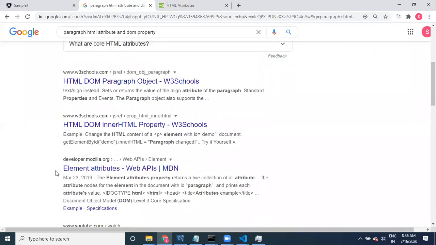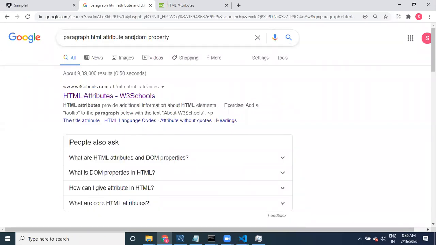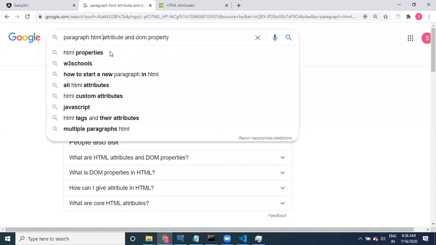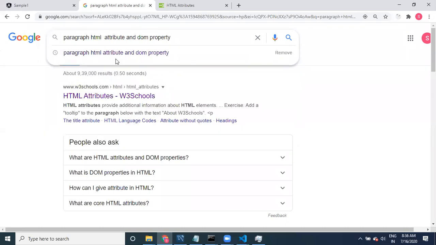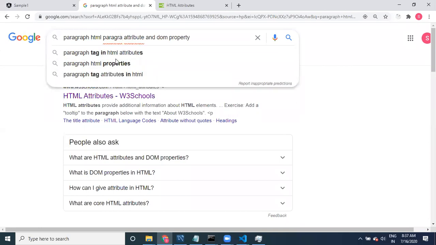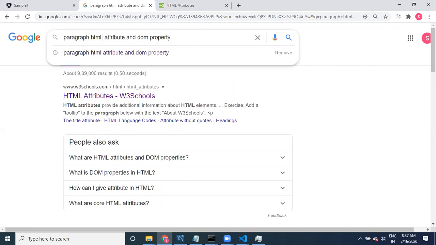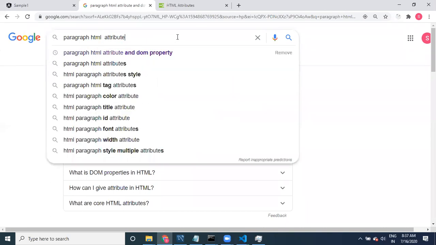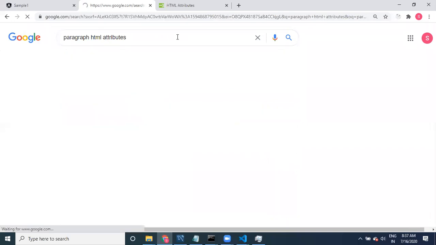HTML inner property attributes. Otherwise just provide HTML, we have to provide the tag name, right? HTML paragraph. So already provided, right? Paragraph HTML attributes.